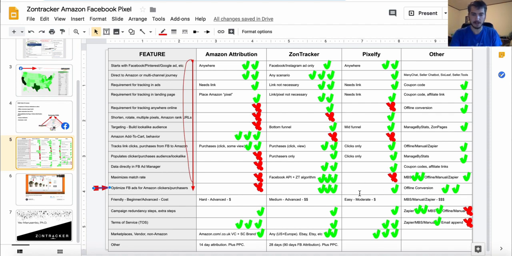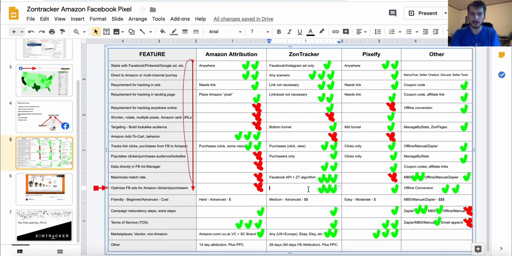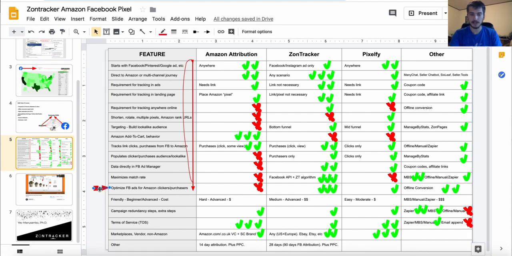It's limited, but very similar to what Zontracker is doing. Zontracker is actually leveraging a Facebook Pixel and offline conversions together, as opposed to just the offline conversion. But that's a newer thing, and that's a big one. All right, and so through this process, that was the whole campaign where you're creating your ads,